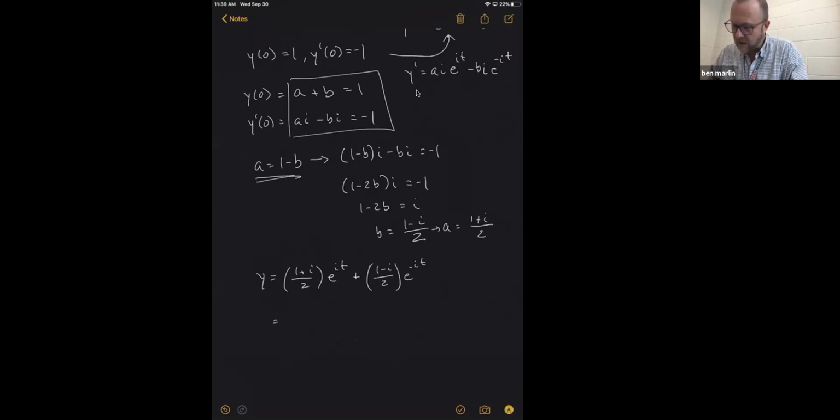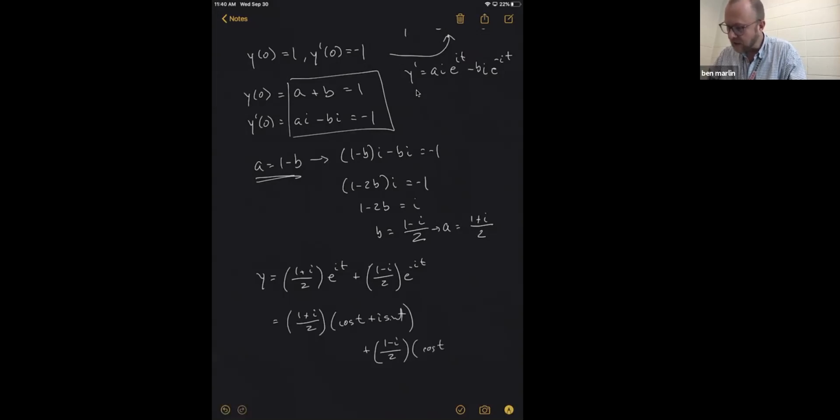And now I'm going to expand out my e to the it using the Euler formula. So just leave this here and have cosine t plus i sine t. All right. And the other one has (1 minus i)/2 and